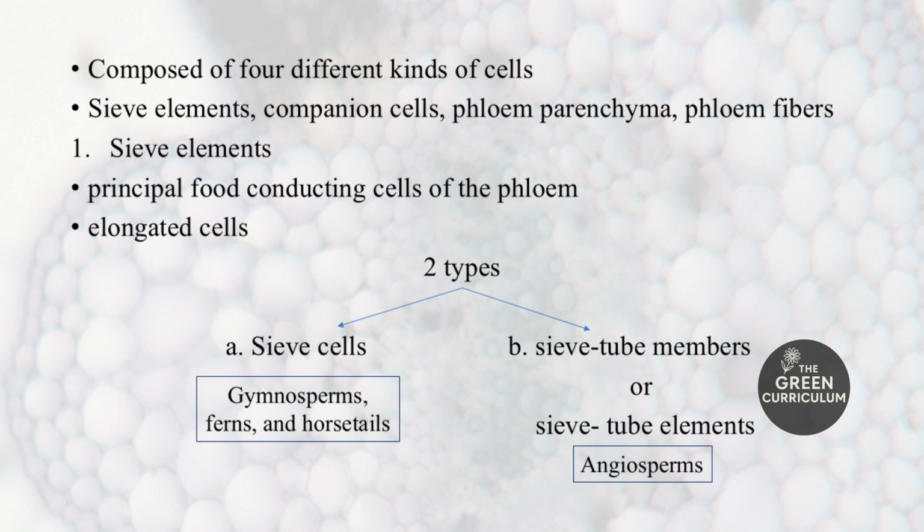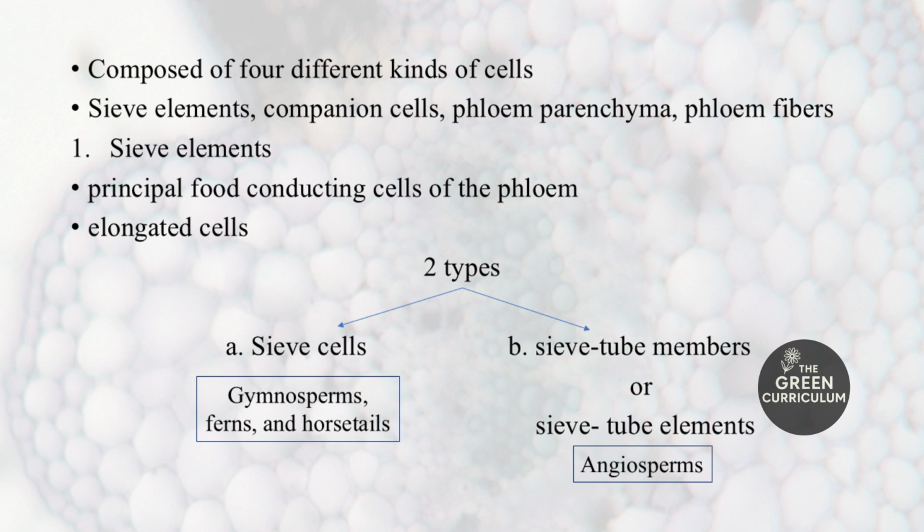Sieve cells are seen in all plant groups except the angiosperms, that means gymnosperms, ferns and horsetails. In all these groups, the phloem consists of sieve cells. But in angiosperms, it is the sieve tube member, also known as sieve tube element. So the sieve element is of two types, and either the sieve cell or the sieve tube member is the chief food conducting cell